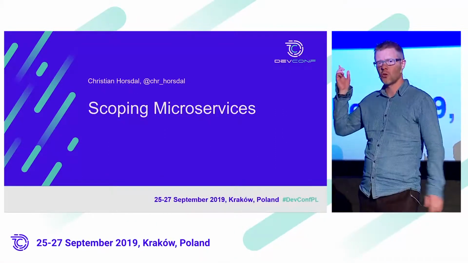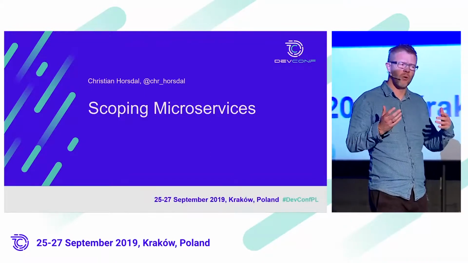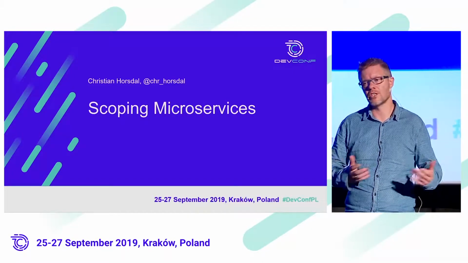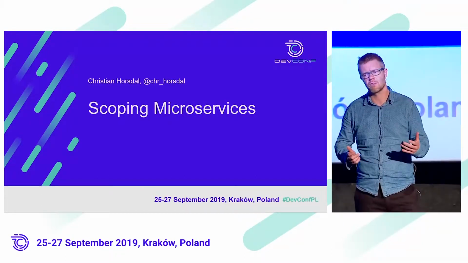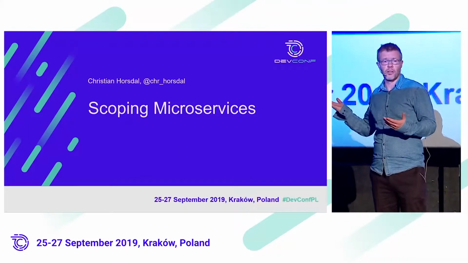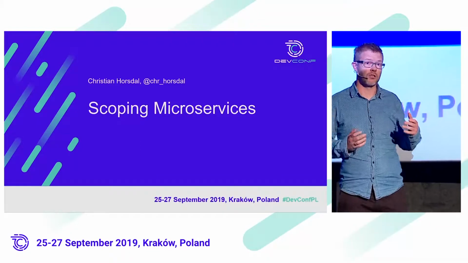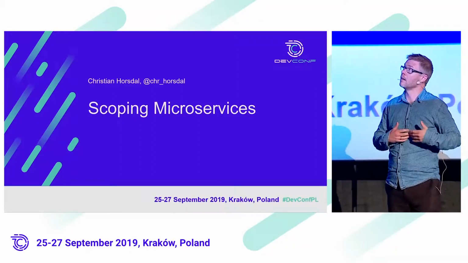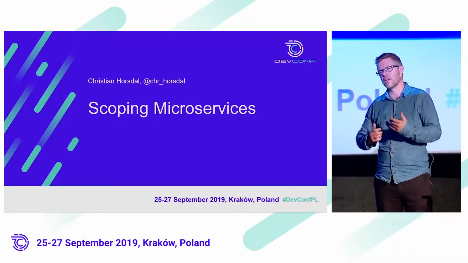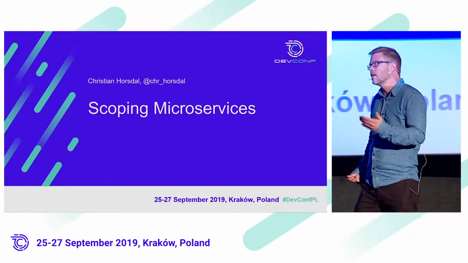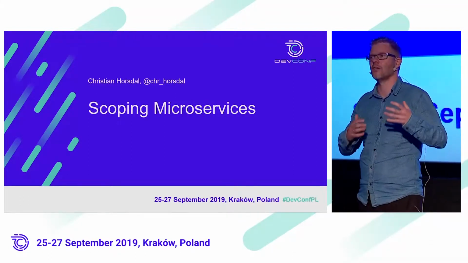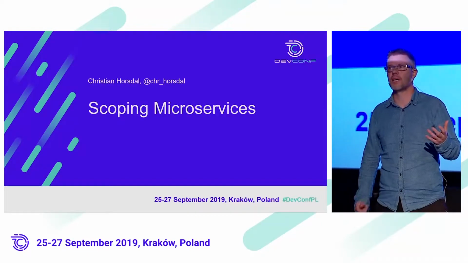I am going to talk about scoping microservices, or finding the responsibilities for individual microservices, deciding on what the boundaries for the microservices are. Because that turns out to be quite important in order to get a microservice system to work well. There are many things that need to go into a system to make them really good, but one of the important ones is really getting these scopes right. If you get them wrong, it just doesn't really work, and you don't get the benefits that you can from the microservices.